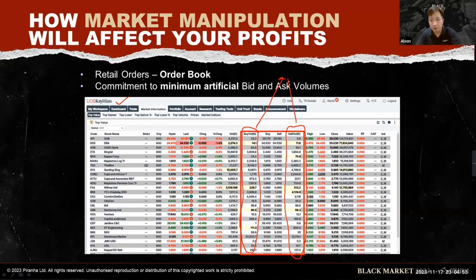Okay. More than 90%, right, guys, of the buy volume and the sell volume that you see over here are placed by the market maker. More than 90%. Less than 10% are placed by people like you and me. So whenever we buy or sell, right, 90% chance you're going to hit the market maker. Okay? So the market maker makes money from the buying and selling spread, right?